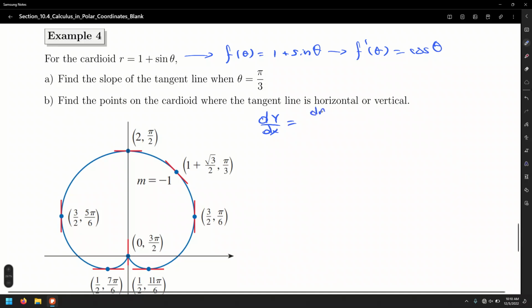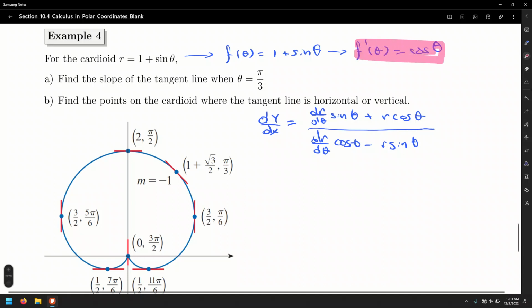That's dr/d theta sine theta, minus, or rather plus, r cosine theta, divided by dr/d theta cosine theta minus r sine theta. So all we're going to do here is substitute, number one, the derivative right here, which is going to be over here and over there,